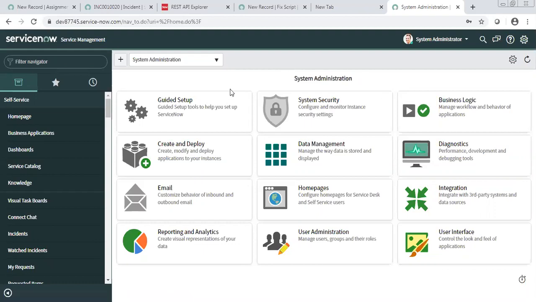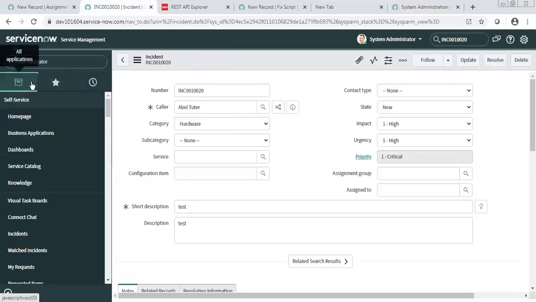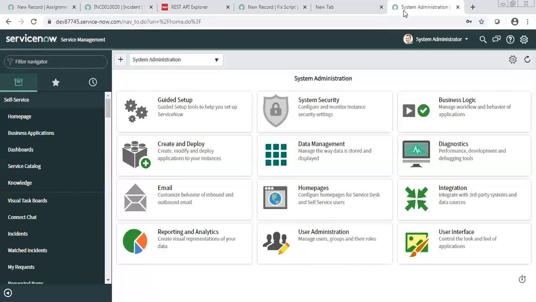So in our scenario, both the tools are ServiceNow only. In the previous session we designed a web service, right? Import set web services for creating the incident. Now we will take another instance in which we will consume the web service. The first you can assume is a third-party tool publishing, and the second instance you can consider as outbound, which will be consuming the web services. So both are ServiceNow, one is consumer and one is provider.